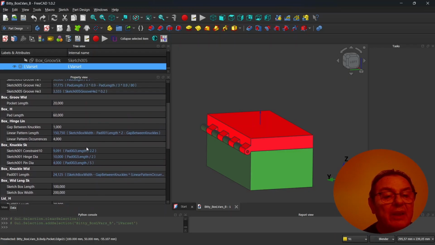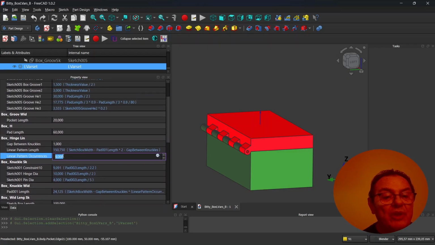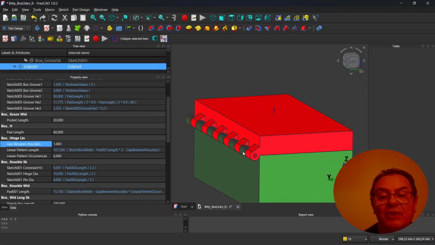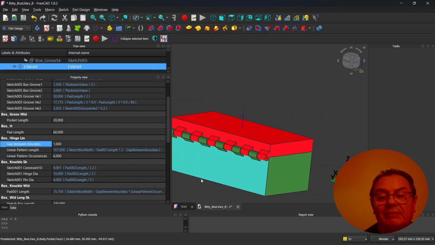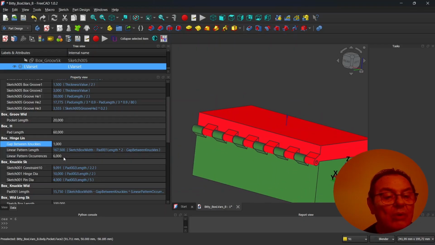Then we can change the occurrences from 4 to 6, or maybe only 2.